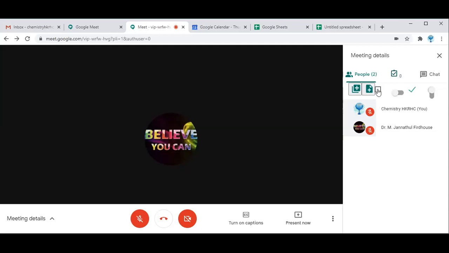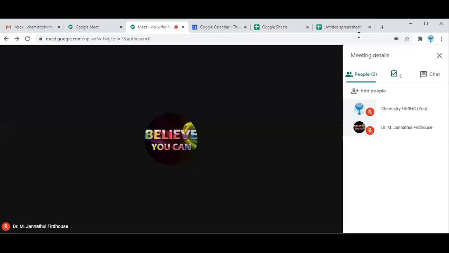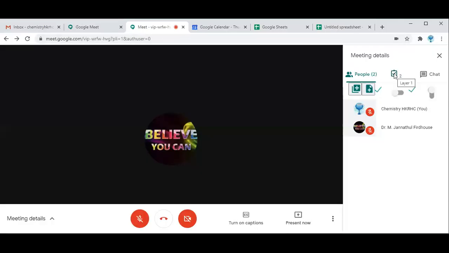After clicking this tick mark, automatically the participant list will be added to this sheet. So on clicking this tick box, a spreadsheet will be open in a new tab.